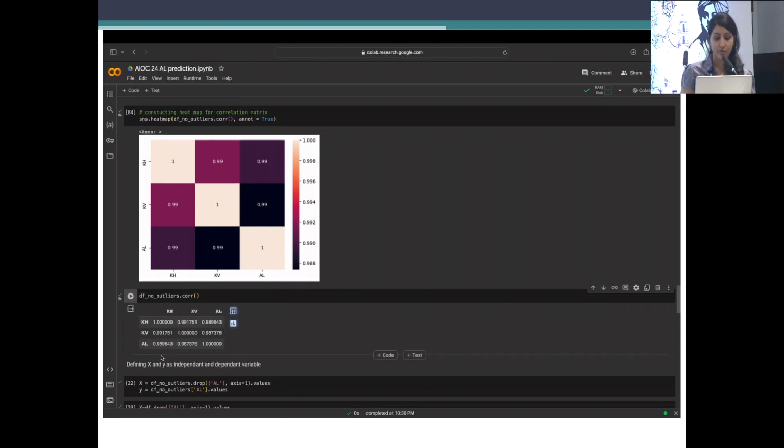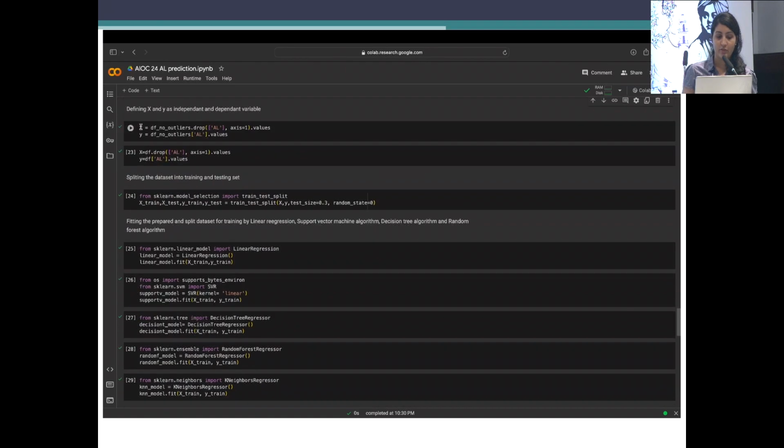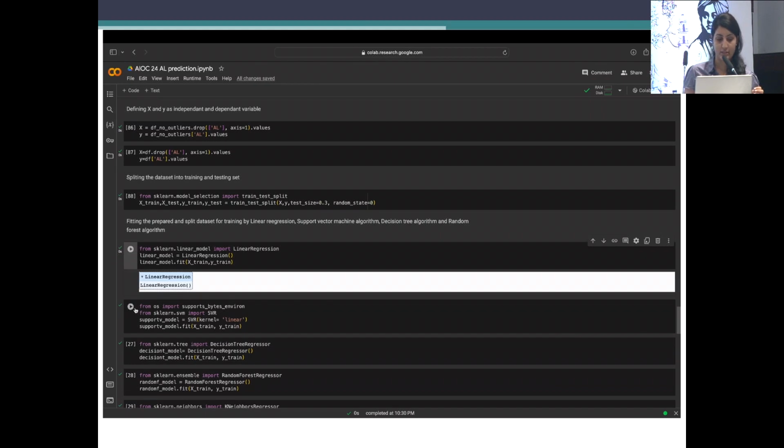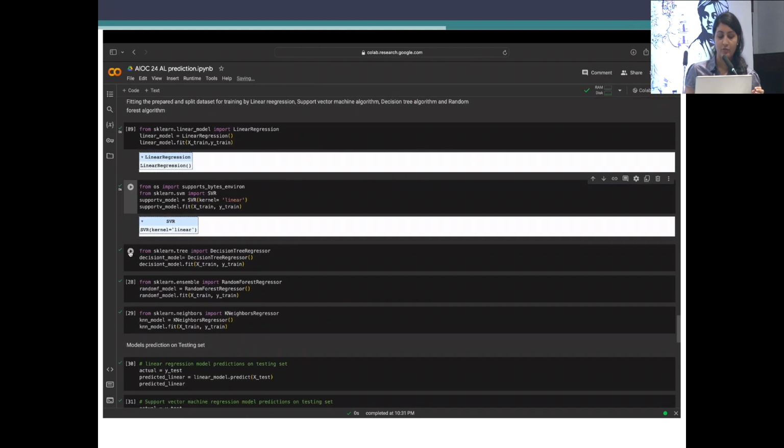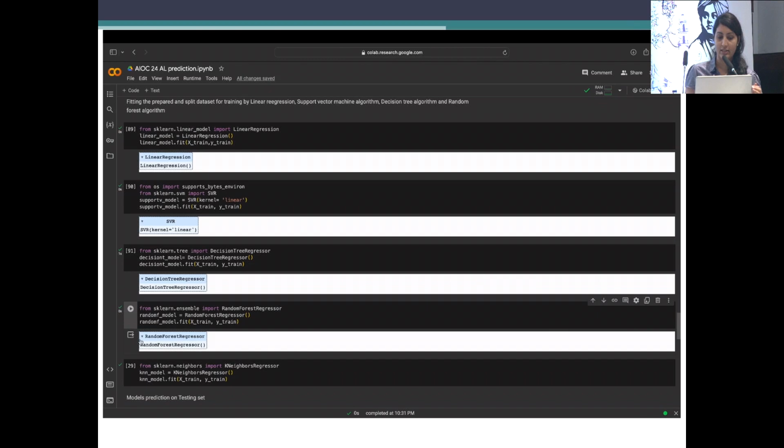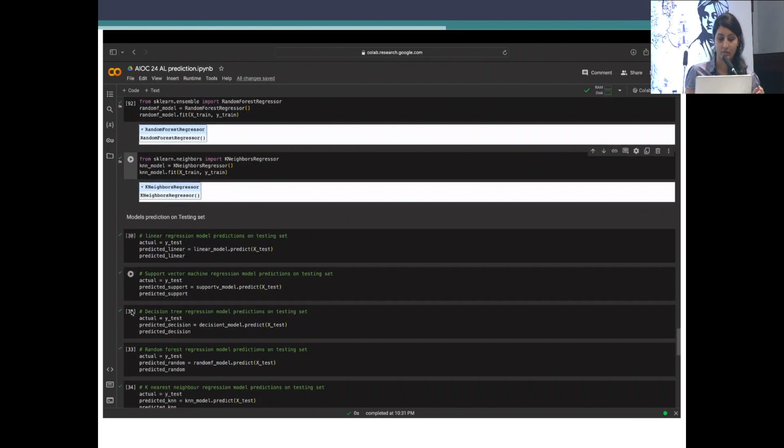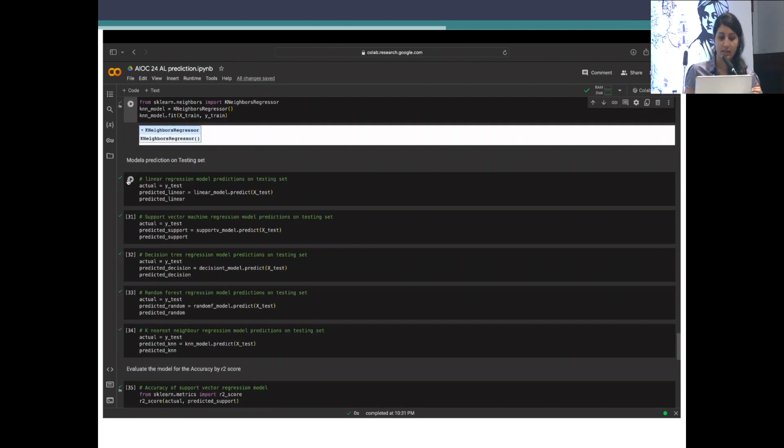Now we are going to train the system, wherein we are going to define the x and the y variables. X will be for the horizontal and the vertical corneal curvatures, the independent variables, and based on this, the axial length, the dependent variable y, will be defined. Next, we are going to split the data set into training and testing sets, 70% for training and 30% for testing. Now we are going to fit the model for all the different algorithms, that is the linear regression, support vector machine, k-nearest neighbor, and so on.